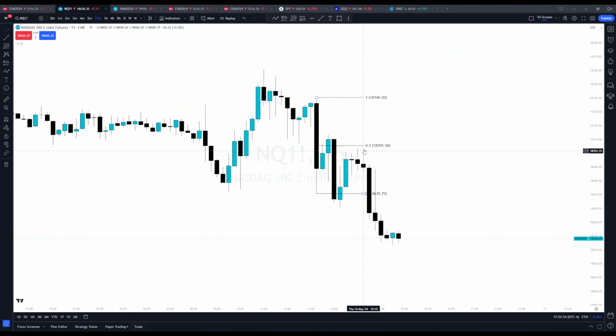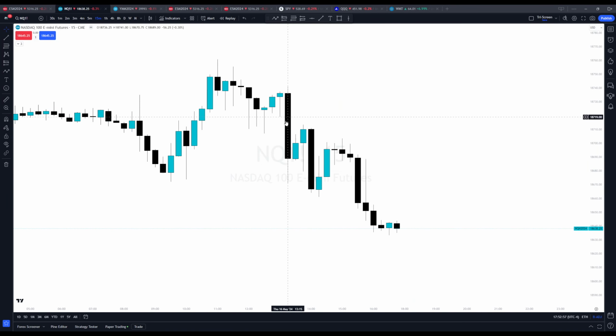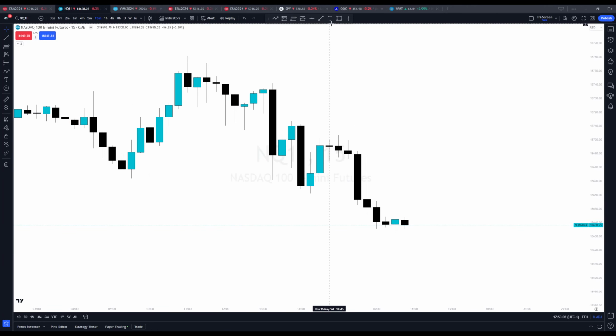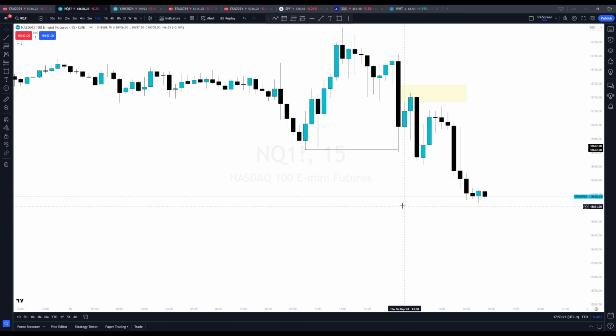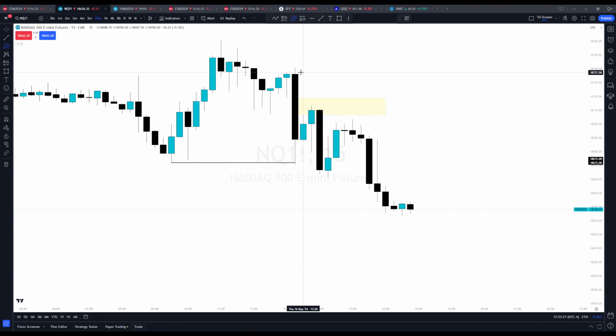Kind of like today, right? I was watching this 15-minute FVG here, and I was like, I don't know if we're gonna keep going lower. Why? Because we end up sweeping this low. This low doesn't mean we're going back to the high, but we sweep this low, and look what happens. We had a 15-minute FVG form here, and I know the market likes to draw back to FVGs before continuing the trend, so this might be a good spot to look for a short. Then I'm drawing my 50% here, and I'm like, okay, if this is going to reject, it's going to be in this 15-minute FVG above 50%.